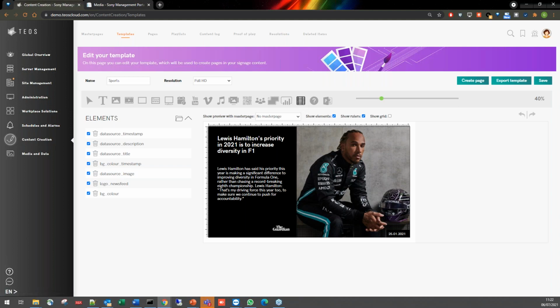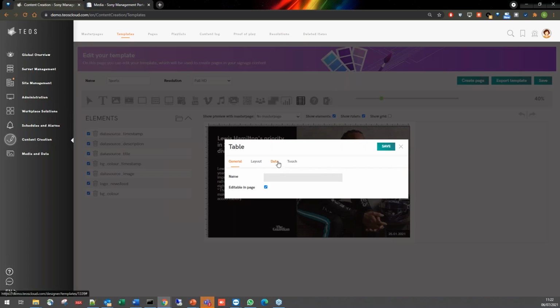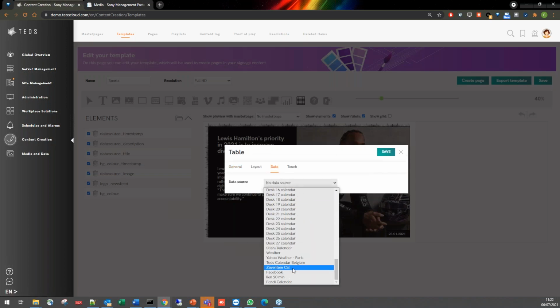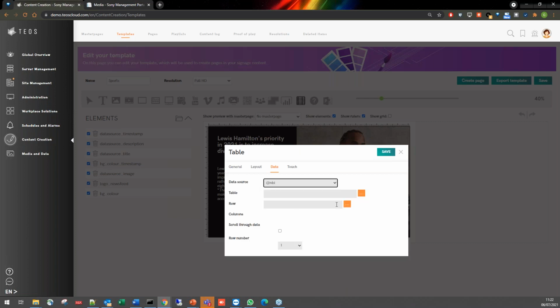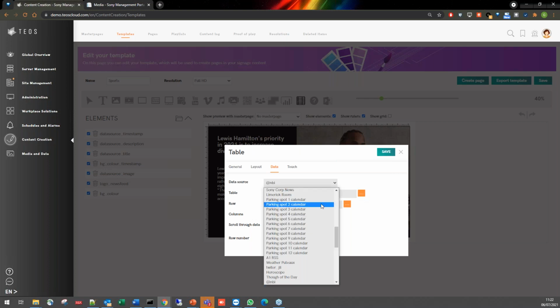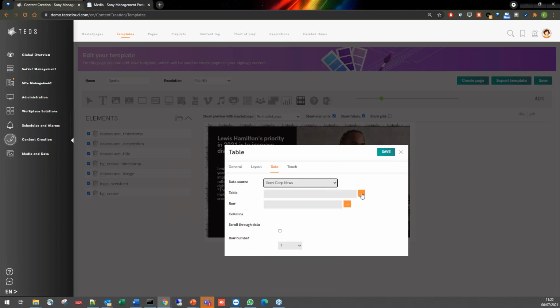The table element, which is also very interesting, is a new functionality from 3.0 where you can synchronize different types of data. So if we take, for example, any type of data, if I just take one, for example, a Twitter feed, there is no specific issue on that. We can directly select a table which will be created, and all the data source that is available will be automatically synchronized with this table.